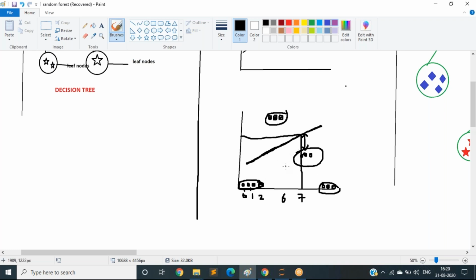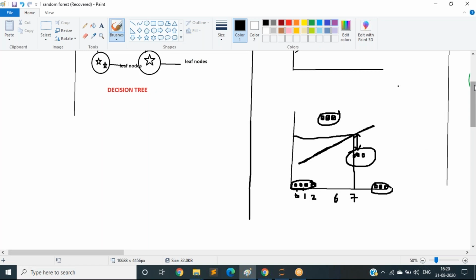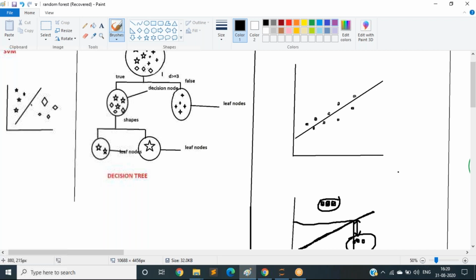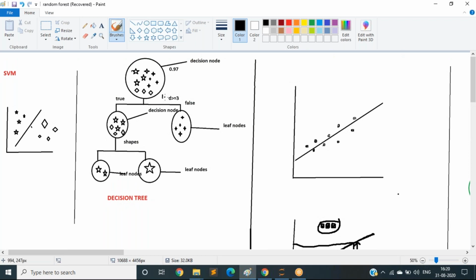If your data is split in this way, you may not get accurate results when you use linear regression. But when you use a decision tree regressor, you may get more accurate results compared to linear regression. Why? It takes decisions based on your attributes, deeply, based on entropy and information gain. It compares the information gain of all the attributes, takes one decision and splits your values. By using this decision tree, you can get more accurate results than linear regression. That is why, apart from linear regression, we are learning the decision tree regressor also.